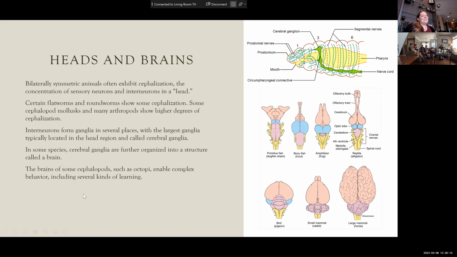So the brains of some cephalopods, do you remember those are the mollusks that have lots of cephalization, like octopus and stuff. So it says such as octopi enable complex behavior, including several kinds of learning. So if you haven't watched My Octopus Teacher yet on Netflix,